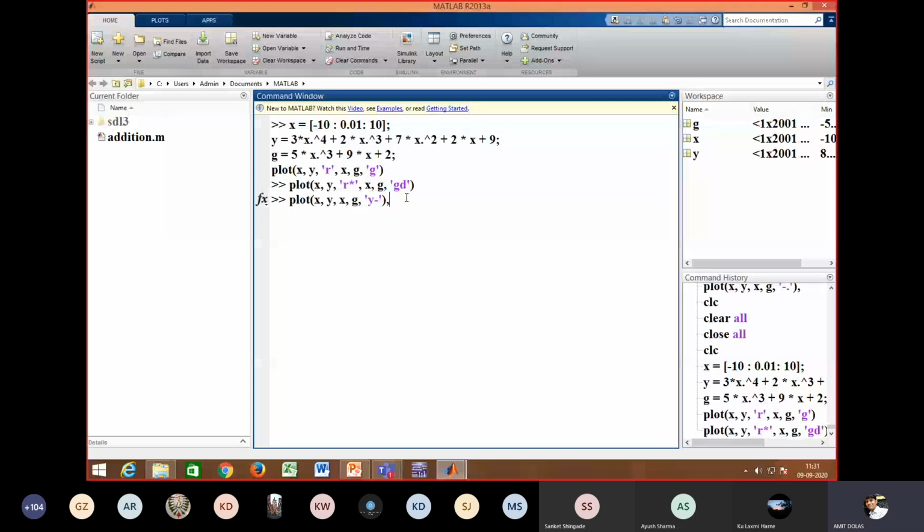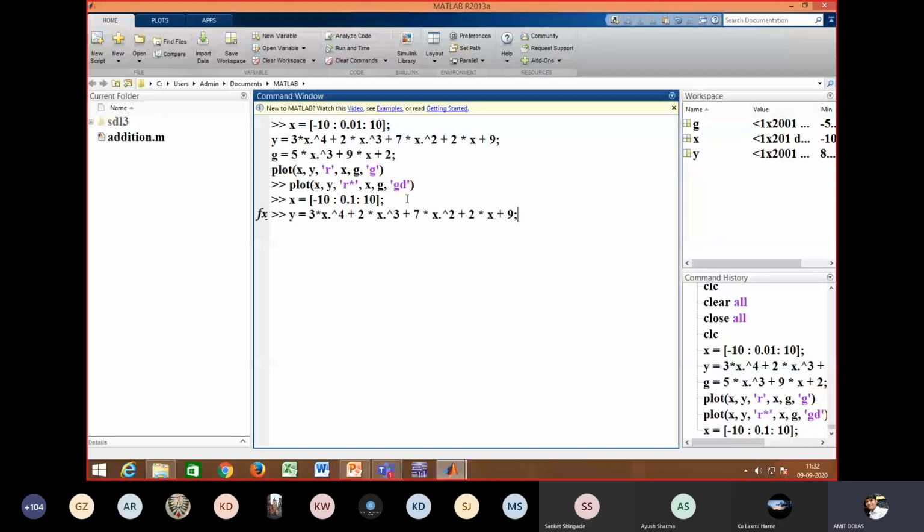We'll change the interval to 0.1. X has a range -10 to 10 with the interval of 0.1. यहाँ पे 0.01 था पहले. Then y define करना है. So this is y. Then g, this is g.